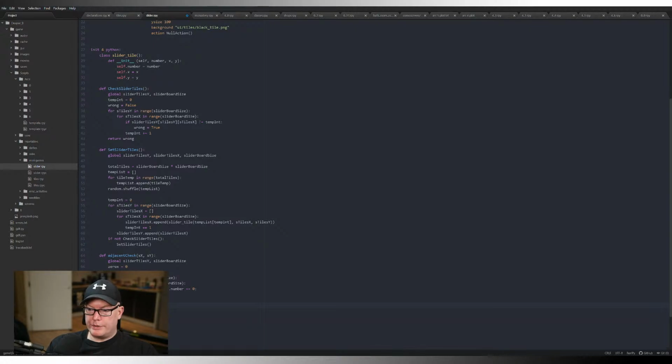So now we know what our X and Y coordinates of our 0 tile are. And say if